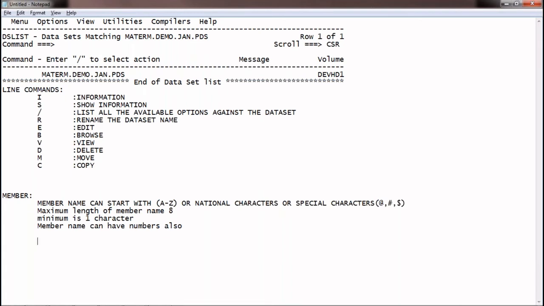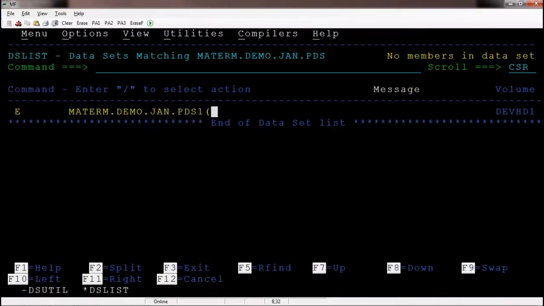For example, M1 valid, MEM1 valid, A1 valid, A3 valid, A4, COBOL, PL are valid. These are all valid member names.